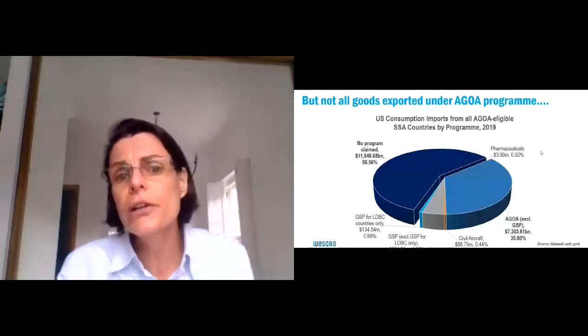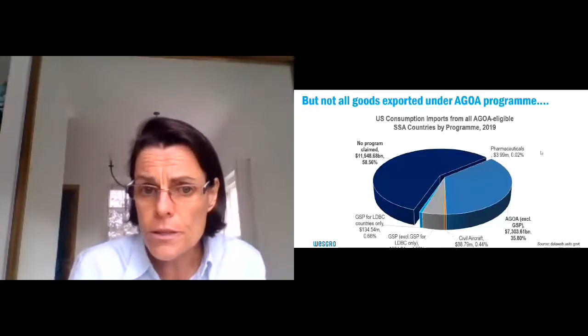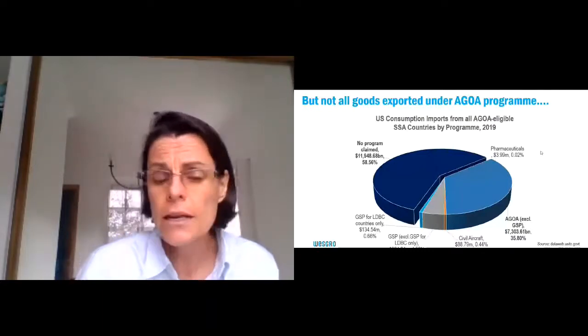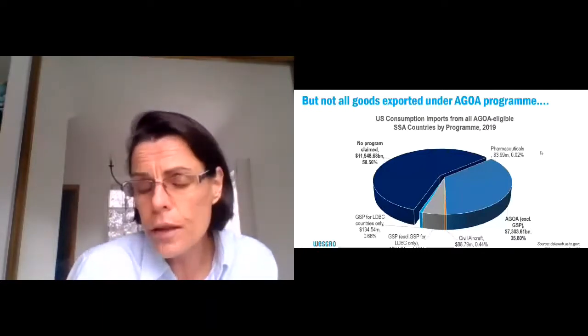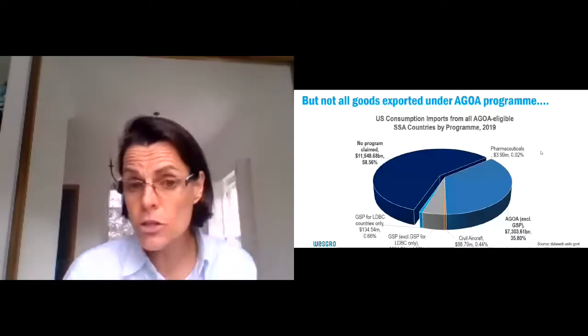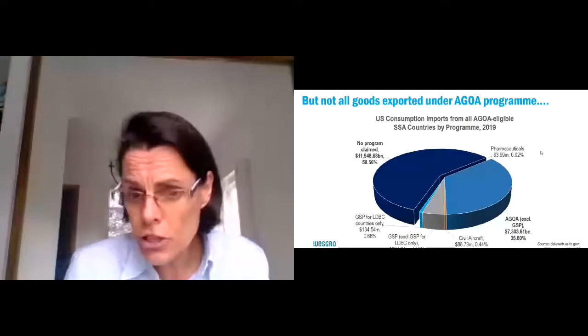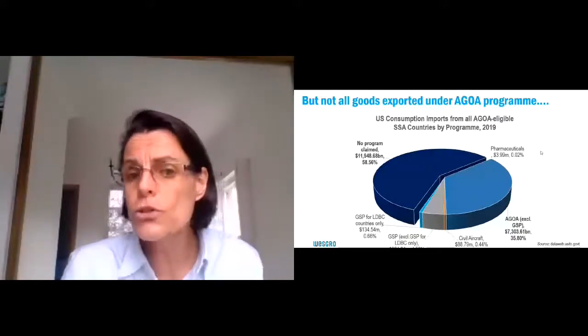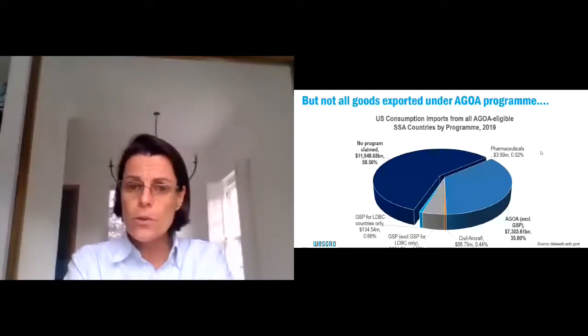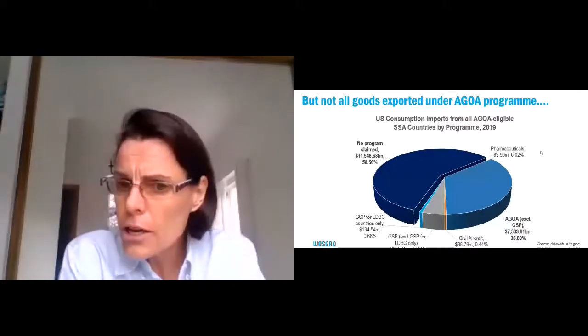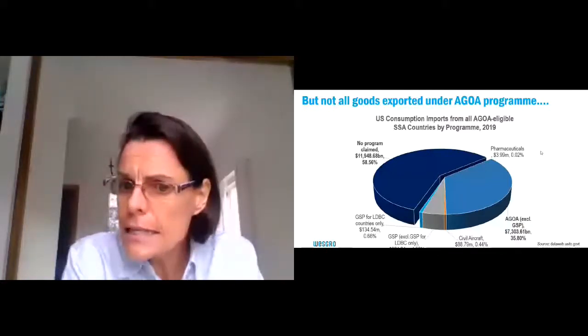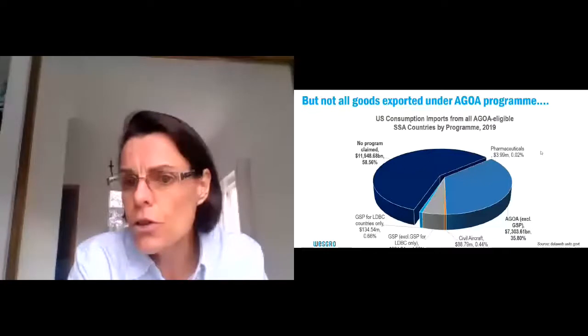And yes, South Africa certainly dominated in dollar value terms, exporting $7.6 billion worth to the US in total. And the value of the exports under the Agoa program, excluding the GSP program, was $1.22 billion in 2019. But if you do the calculations, that's only 16% of South Africa's exports to the US were making use of